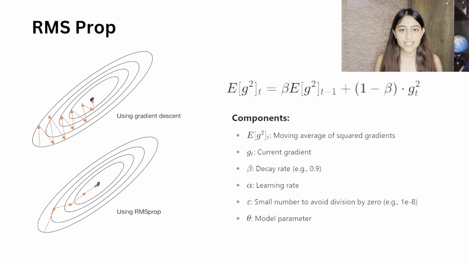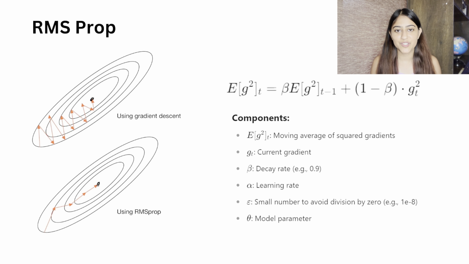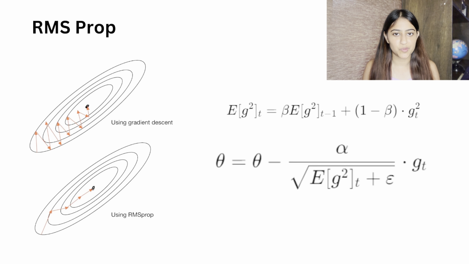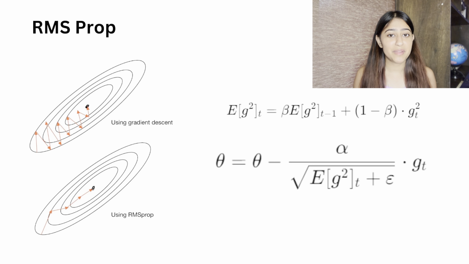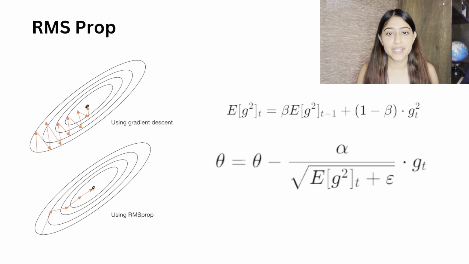Technically, it keeps a moving average of the squared gradients. So when the gradients are too large, it says hold on, and when they're too small, it says okay, go for it. This means that each weight in your network gets its own custom learning rate that is tuned dynamically as the training unfolds. And this isn't just guesswork. RMSProp actually normalizes the update by dividing the gradient by the square root of its own recent history. What makes it powerful is how extraordinarily well it works on bumpy, non-stationary surfaces. This is super common in deep neural networks, especially recurrent neural networks.